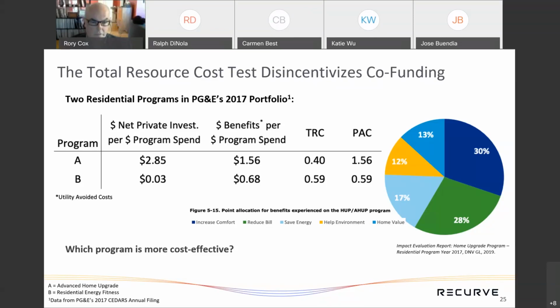Now, I know that cost tests are not at play for the tech program, but they are for the fuel switching measures like Rory had pointed out. And given some of the current rules and incentives that come into the total resource cost test, my understanding is that it will still count against participant costs. So programs that are trying to tackle comprehensive upgrades will continue to be deprioritized,